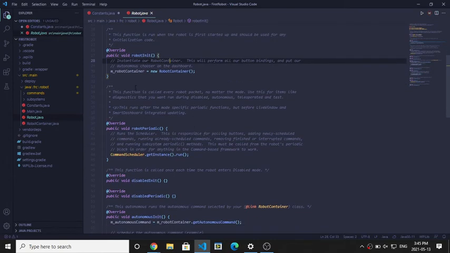Next, this is our robot periodic. So you'll notice that if you read here, it's called every robot packet, no matter the mode. So robot periodic is basically going to run every single time your robot comes back to this step, right? So you can imagine it sort of like an